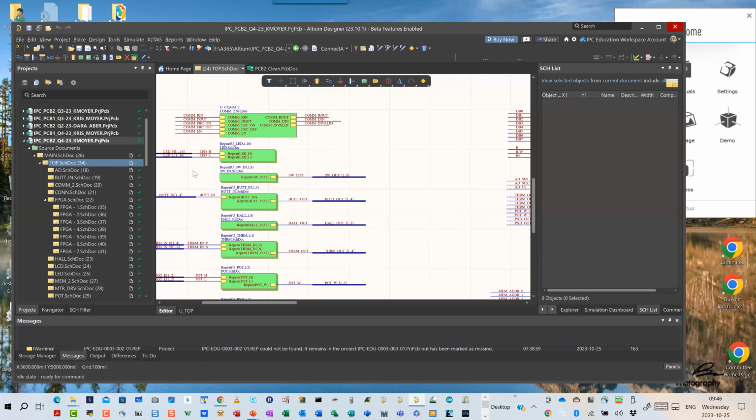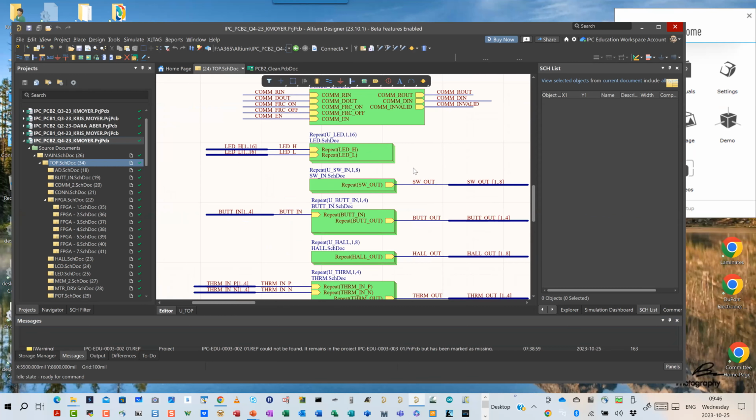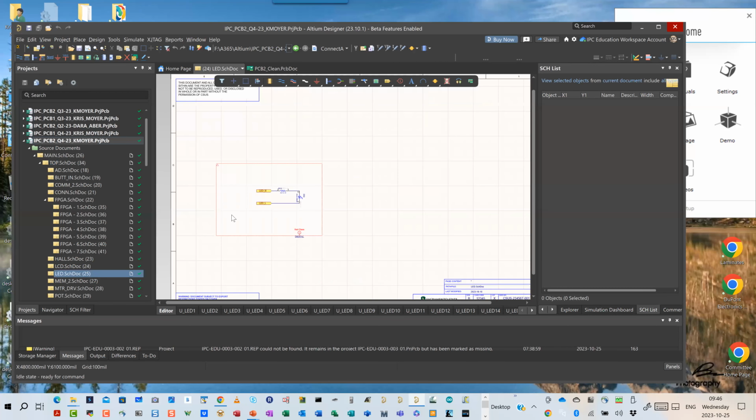And for example, I wanted 16 LEDs in my design, and I want them to be independently addressable. I'm assuming I'm going to use bicolor ones, so I've got a high and a low, so I can turn it red or green or orange, red, green, back and forth kind of thing. Even though I didn't draw the symbol that way, I've got both the high side and the low side addressable back to my FPGA. But rather than going to my LED page right here and drawing all 16 LEDs independently, I drew one LED circuit right here,